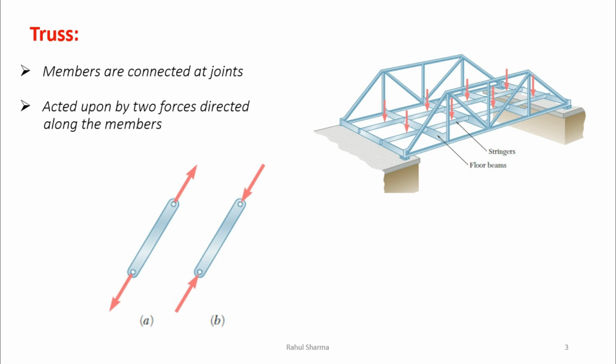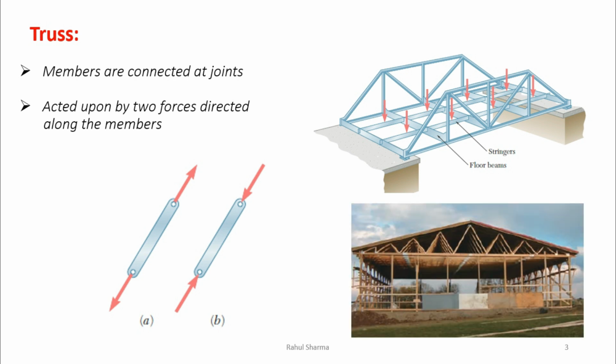So for the truss, you should remember one property: it is stationary. Second, all the members experience only two types of forces, tension or compression, inside the member only. Now this is a practical example of a truss. This roof is constructed on a number of trusses. These are a series of trusses joined together to hold or support the roof. It might be a metallic tin roof or a cemented roof, but they provide the support.